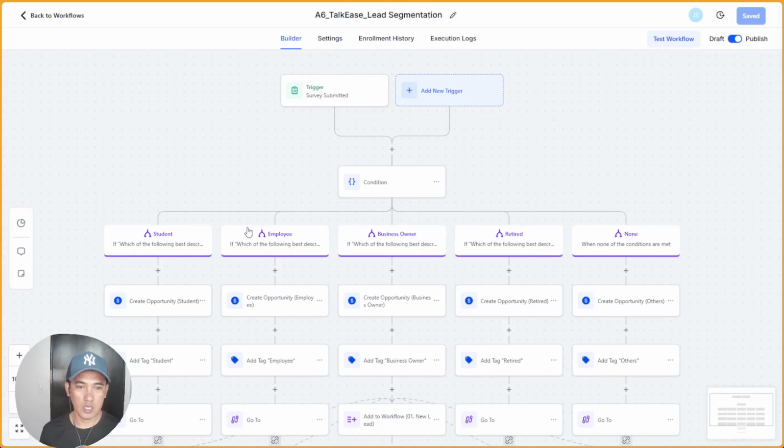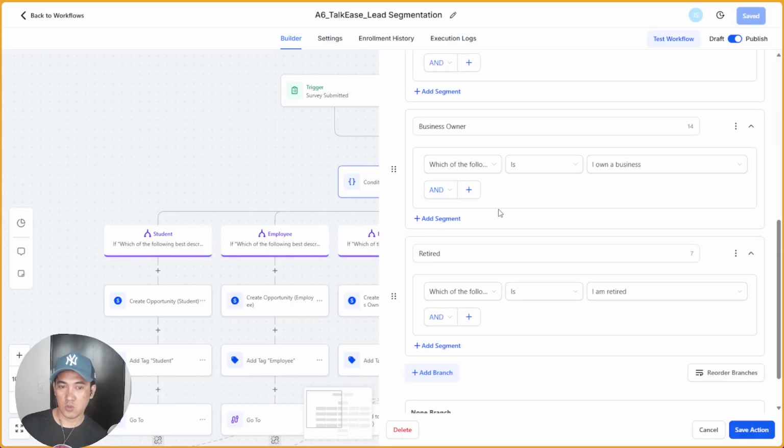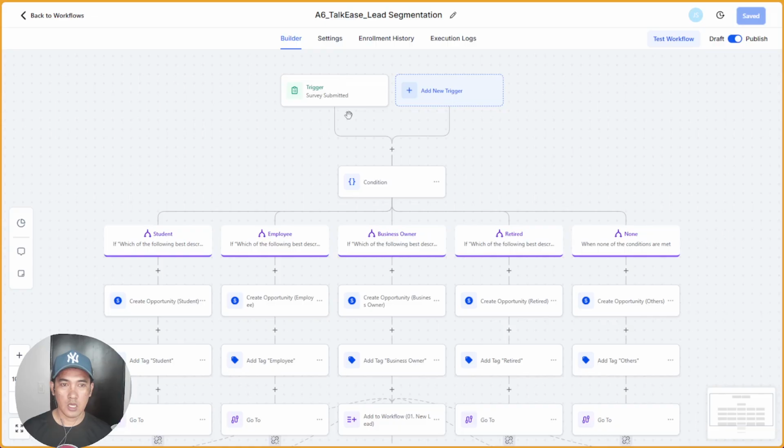I just want to segment them if they are a student, an employee, a business owner, or retired. What triggers this workflow is a survey. Once the lead fills up the survey, this workflow will trigger.